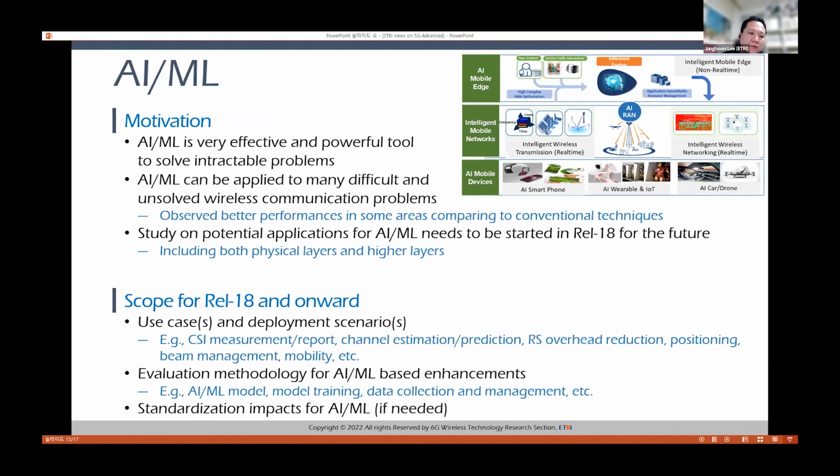Based on the initial set of use cases, evaluation methodology for AI/ML should be studied. And then, if needed, investigation on standardization impact for AI/ML can follow. We will try to ensure that related work items for standardization can be continued in the following releases.